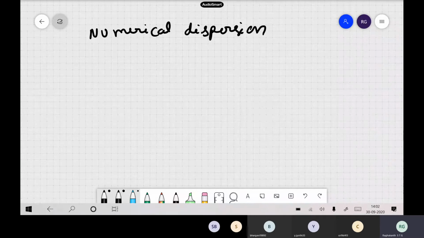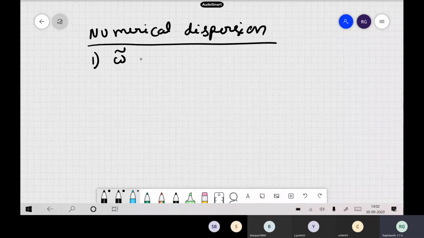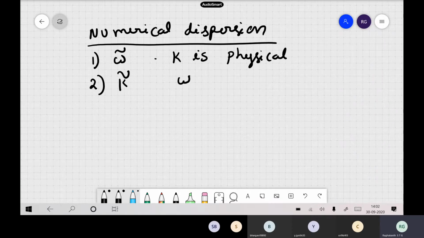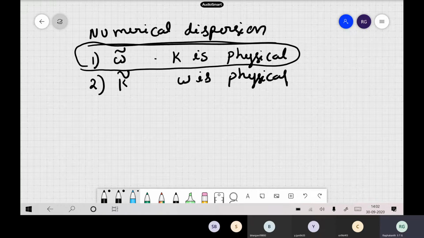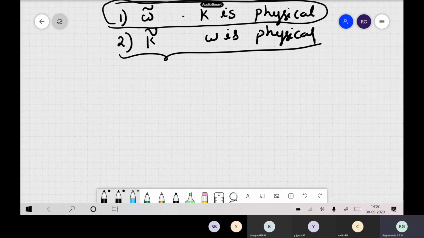Okay. So now as already we discussed, there are two things. When omega is complex but k is physical, or real kind of a quantity, or we have the other case where k is complex and omega is physical. Generally in all our calculations, the first one only is the one widely used actually. The second one is used only to have a cross verification. So if you remember, in the last class we have given steps to be followed.